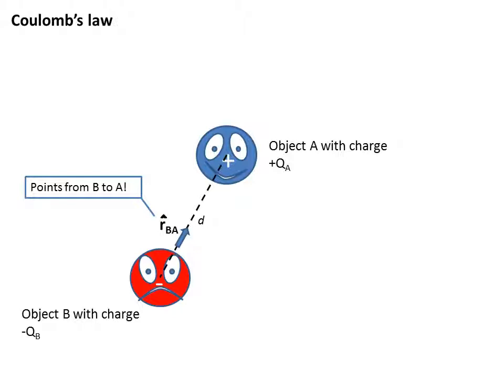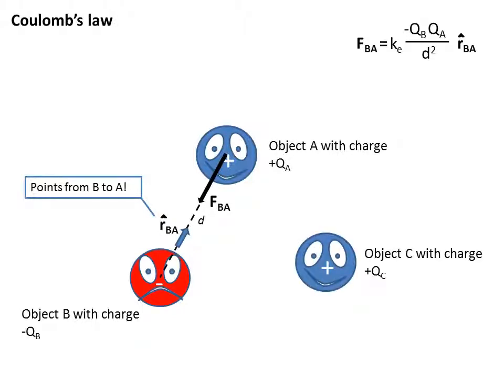If we now want to calculate the force from object B on object A, we simply apply the expression for Coulomb's law. We take the charge on object B, multiply that by the charge on object A, divide by the square of the distance separating these two objects, multiply the whole expression by the universal constant Ke, and the direction is fixed by our unit vector. The force, therefore, on object A is shown by the arrow, FBA.